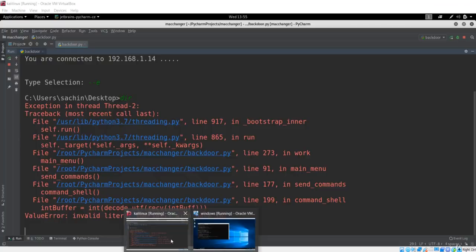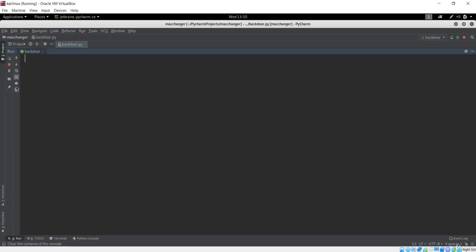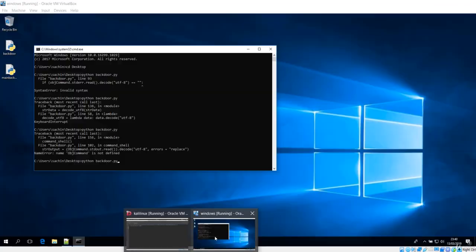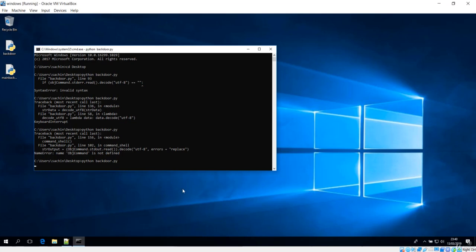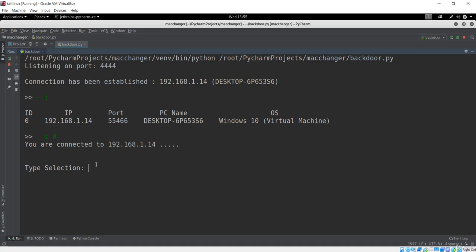Before that, we can just start the Python first, on the Kali. I'll close this and rerun it, and now we are listening on the port. So let's run our backdoor on the Windows machine. Let's go over here, list the connections, and there are the active connections. Let's interact with this, and the command here will be E, and we are getting this desktop now. Let's write the dir command, and this is not giving output. So let's try the cd command, and this is working.